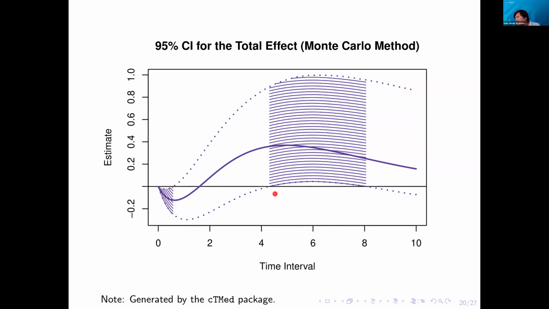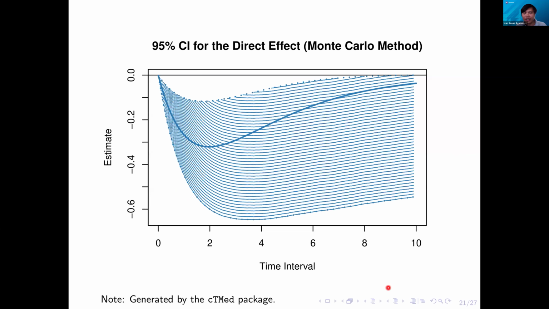And then the effects become significant, greater than 4 until 8. That's a way to look at the regions of significance in this particular example. If you're familiar with moderation analysis, it's not quite accurate, but you can think of time as a moderator, and think of the effects changing as you change the time intervals that you're using.